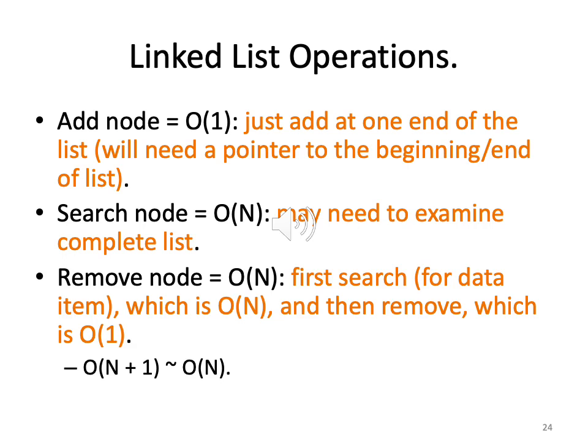What about removing a node? This is of the order of n, because first we have to search for the data item that we want to remove, and that search we just saw in the worst case can take n operations, because we have to examine all the nodes. So we have n nodes, so n operations. Okay. So for searching, it's of the order of n. For removing, it's only one operation.